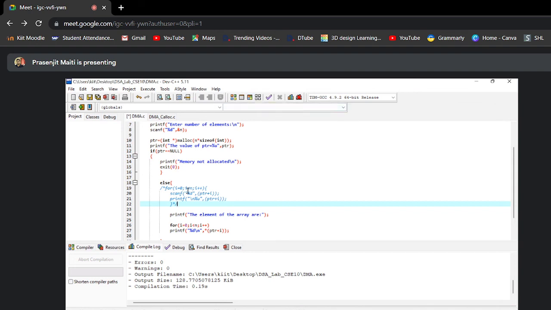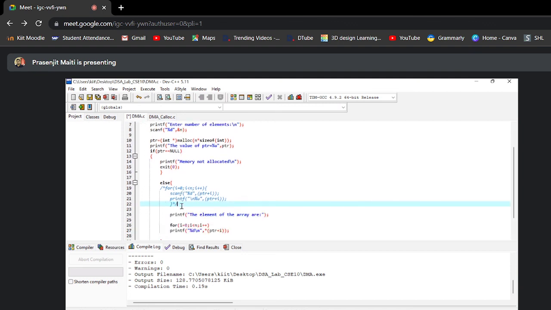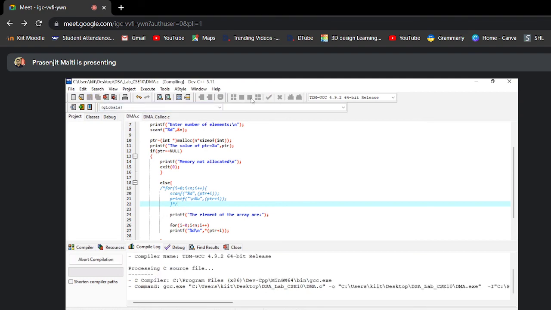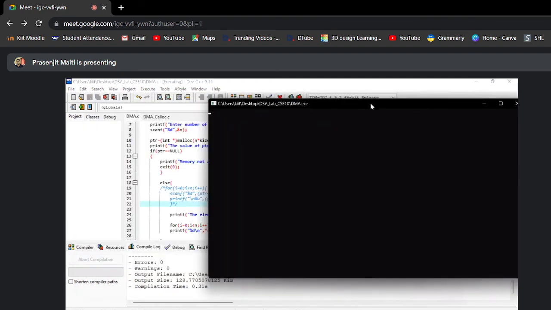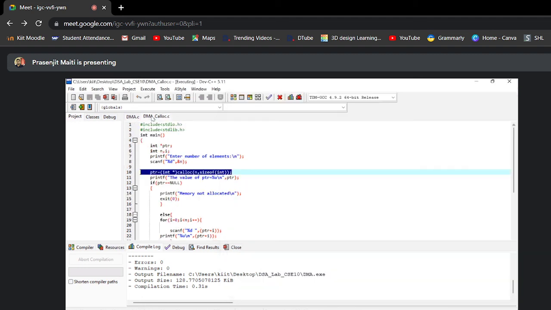Now, suppose we do not enter any value. Using the malloc function we allocate the memory, but we don't enter any value. You can see what the output is. Suppose we enter the value 5. You can see it will print garbage values. So the malloc function by default stores garbage values. But if we use calloc,